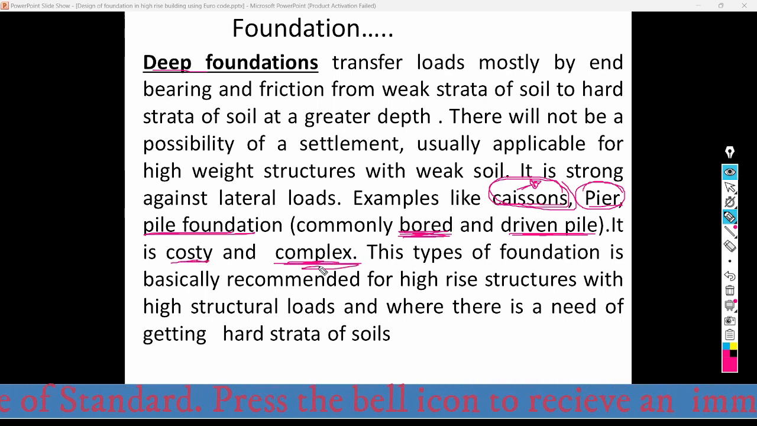complex because it uses a piling machine and the shotcrete machine and also the anchoring machine. So it is more or less a mechanized system. And this type of foundation is basically recommended for high-rise structures having higher structural loads, where there is a need of getting hard strata. So, for example, suppose